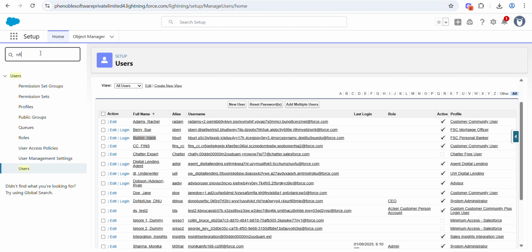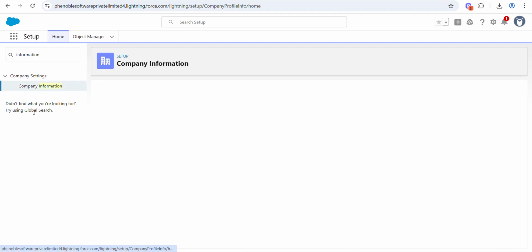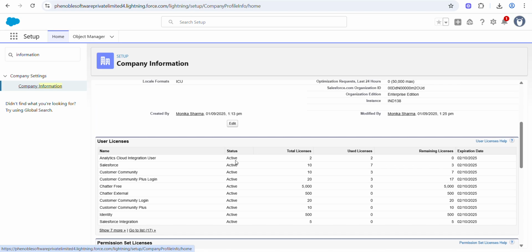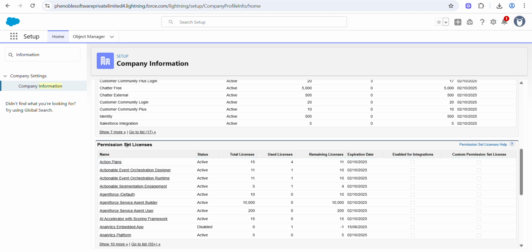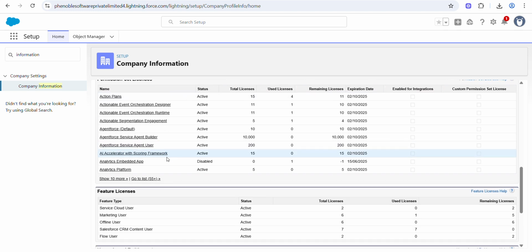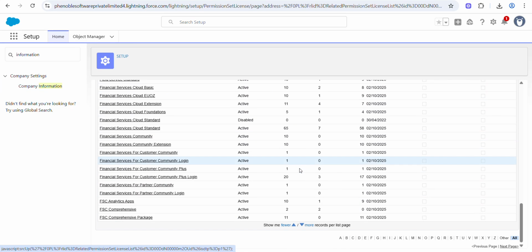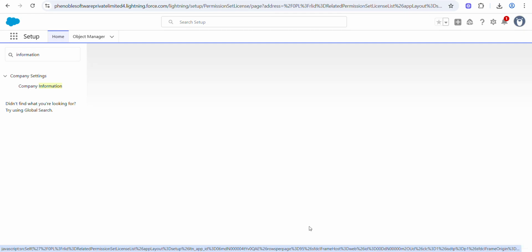Right here under Company Information, click on Company Information. Review all of these, including the user licenses we have in this org, and also review the permission set licenses. If I go to the list, we should have the licenses for Financial Services Cloud.